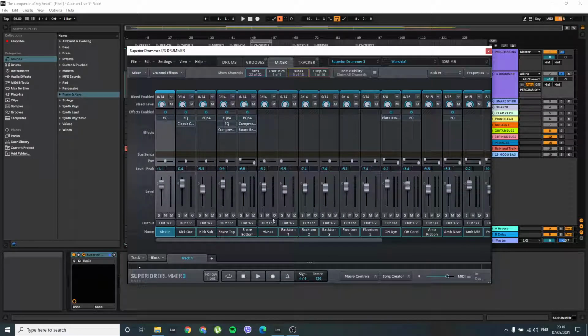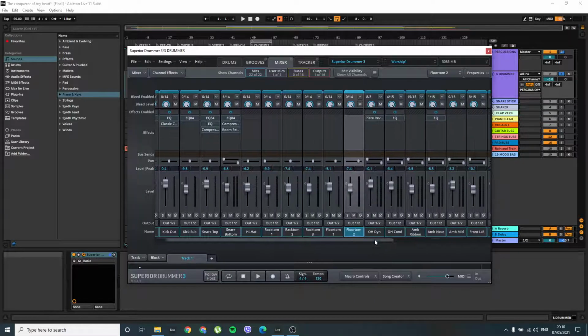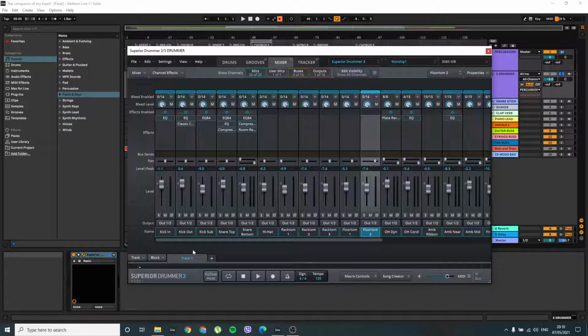And yeah, I have the hi-hat panned left. I have rack tom 1, the highest one, hard left, rack tom 2 left, rack tom 3 just slightly right, floor tom 1 right, and floor tom 2 hard right. And this is basically the panning. It's as simple as that. So for the levels, I'm keeping the kick in and out mics pretty high,